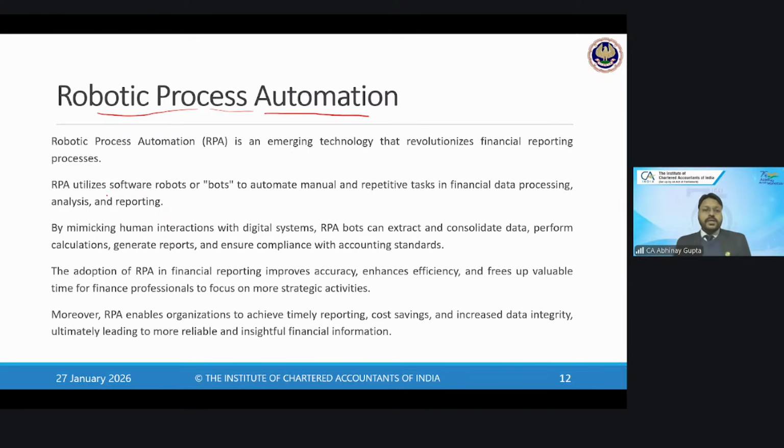So RPA is doing what? RPA is simply mimicking the human, right, for the repetitive tasks in the financial process, data analysis or reporting. So they are simply bots, and these bots are handling a specific task or a specific activity which otherwise would have been handled by us